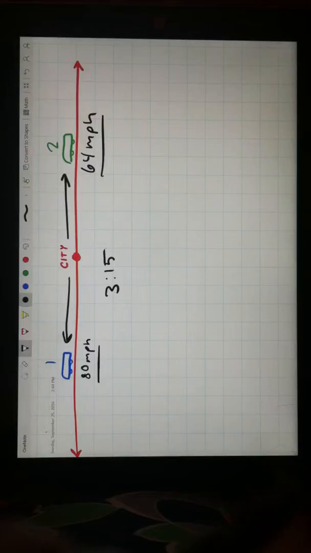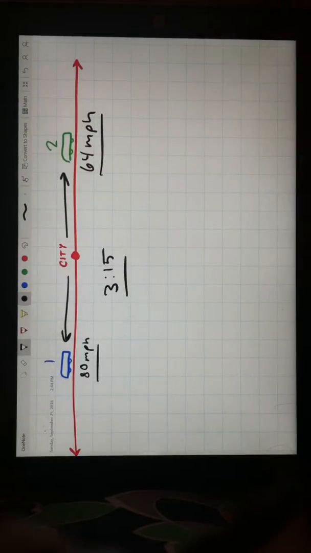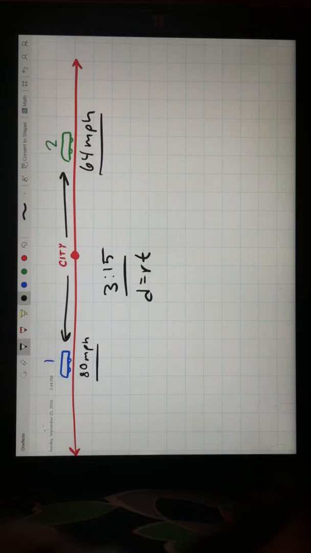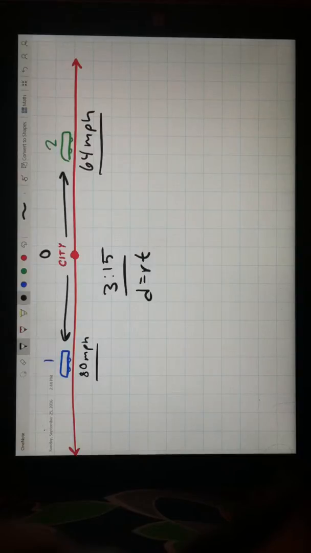For this problem, we must use the rate and the time traveled by each train to find the total distance from the city they both travel in 3 hours and 15 minutes. We can use the distance equals rate times time equation to determine each train's distance from the city, which we will mark as 0. The question asks how far apart the trains will be from each other after 3 hours